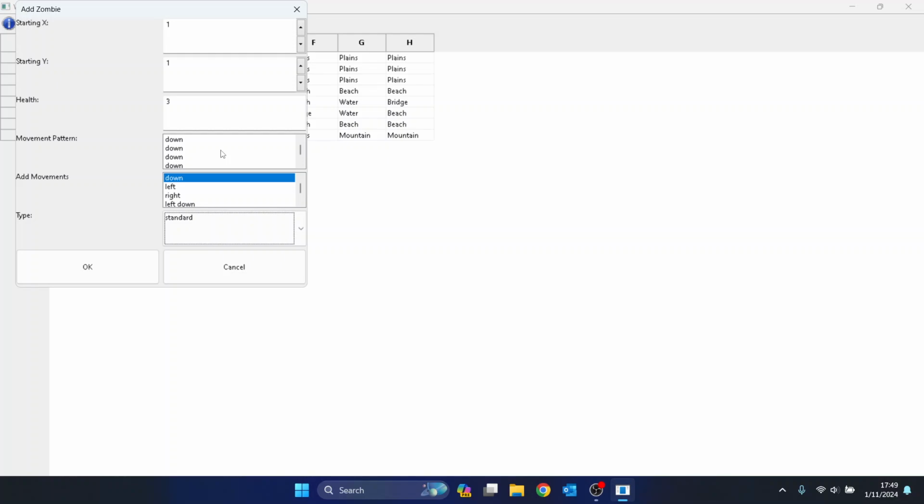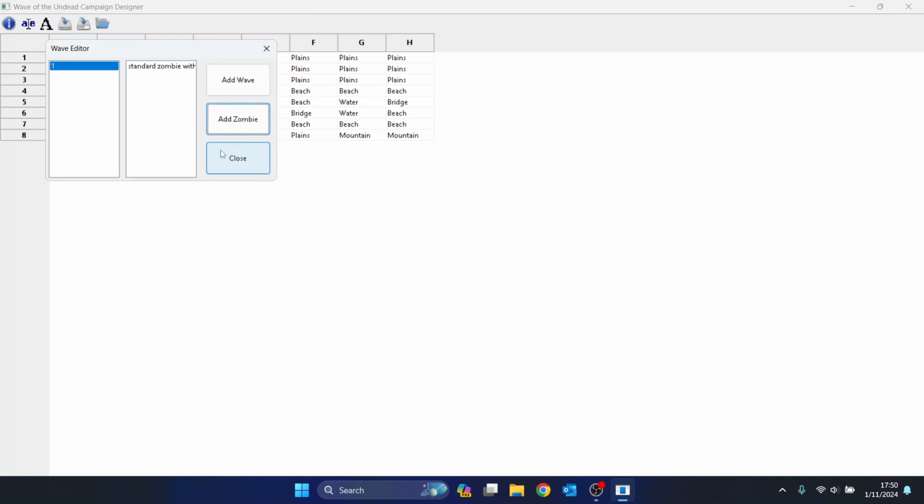I will show you real quick back in the movement pattern list. It now shows down, down, down, all of those downs that we added earlier. And now we can hit OK in the wave editor. And if we go back to the add wave zombies list, standard zombie with 3 health starting at 1, 1, we can see this zombie in here, and you can also right